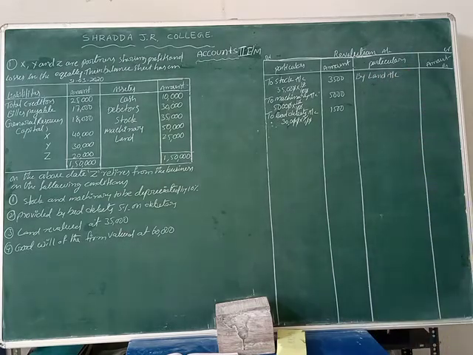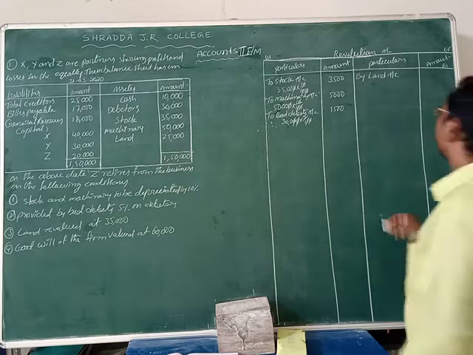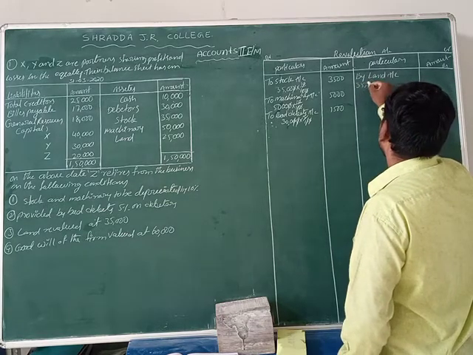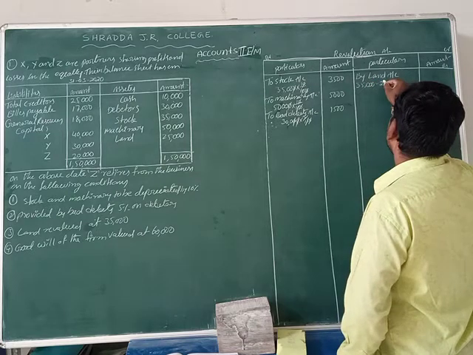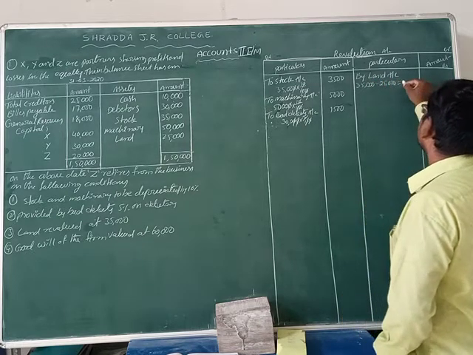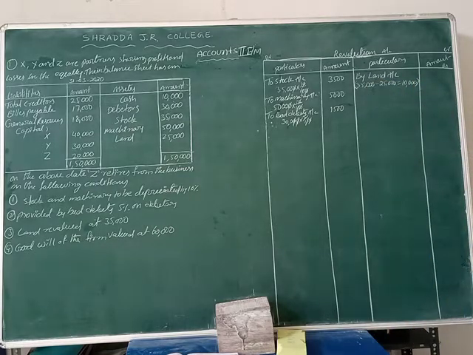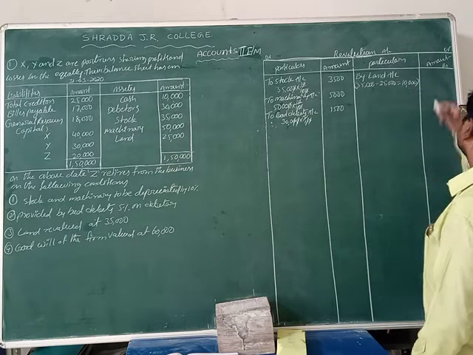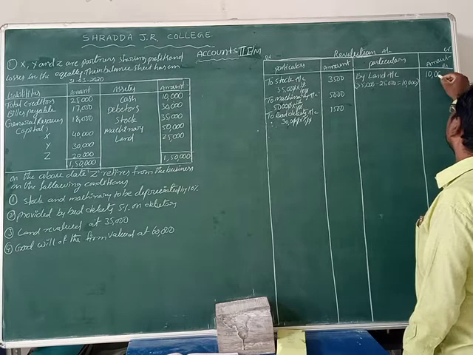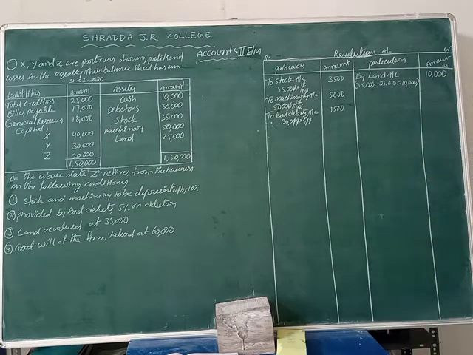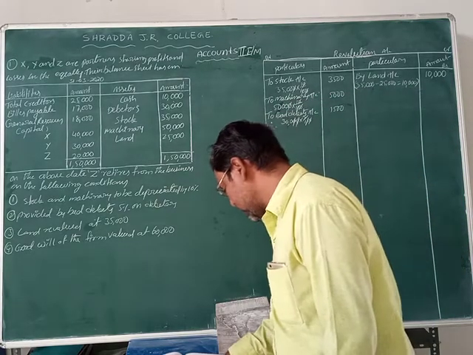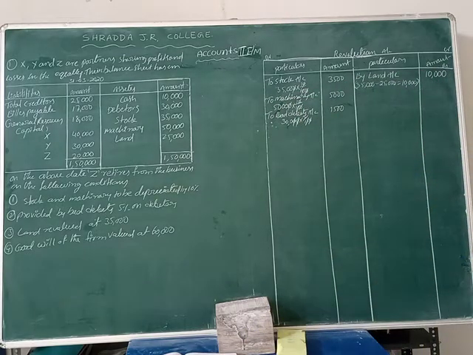Or we can record it by land account. What we can write here? By land account. So first of all, the present value shows the land value is 35,000. The previous value is 25,000. Remaining is how much increasing value here? 10,000 rupees is the land increasing value. That's why we can write here the land increasing value is 10,000 rupees, friends. Are there any adjustments? There is no adjustment.